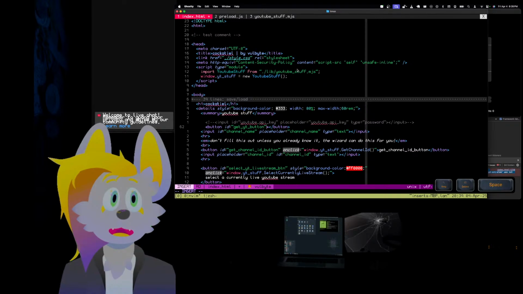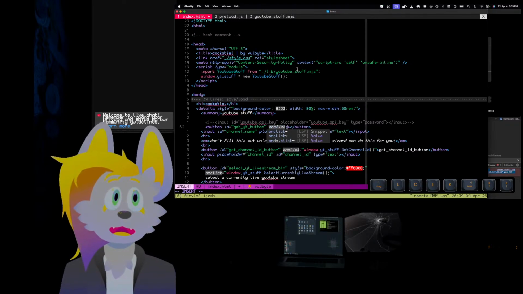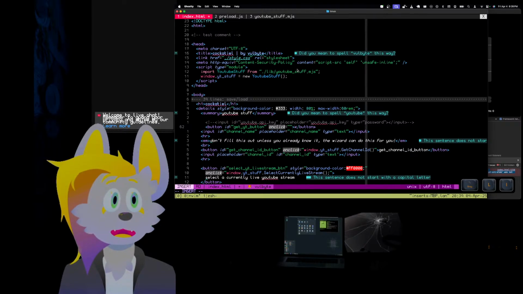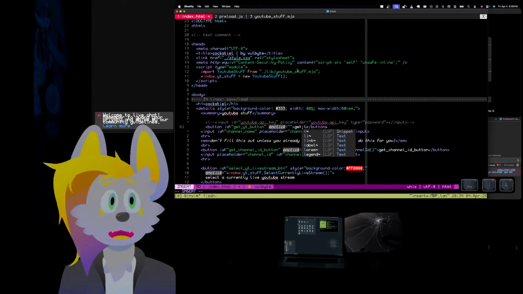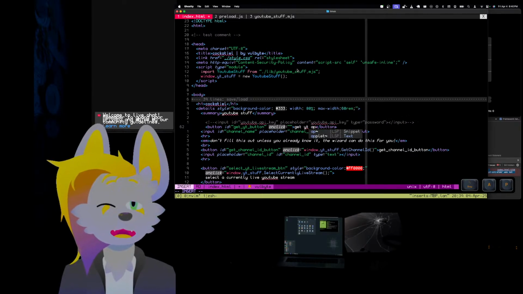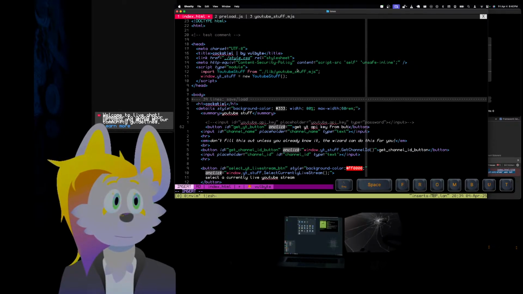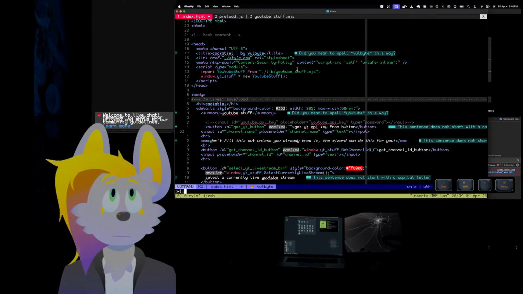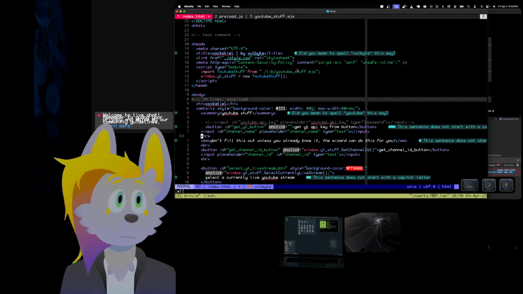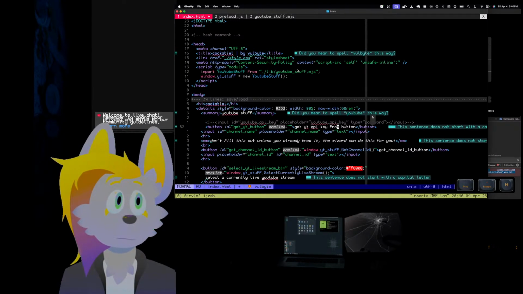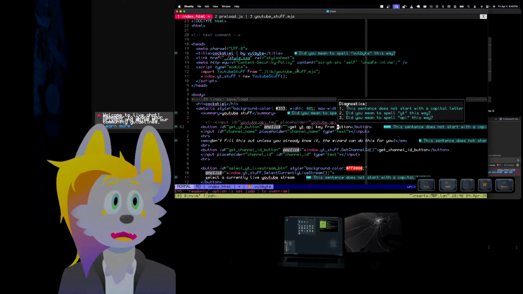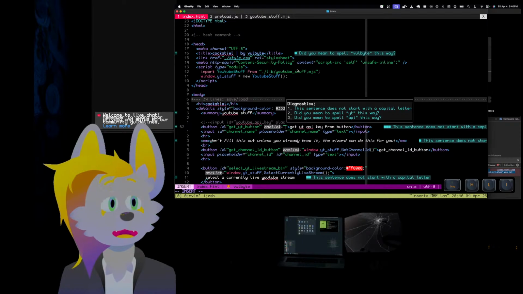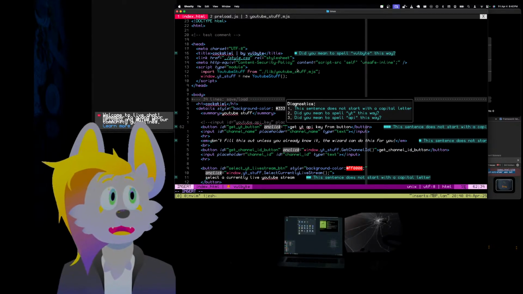Let's see, on click I want to do a thing. The on click, get YT API key from button. I wish to override, surprisingly. And then on click, what I want to do is... Why do I have to keep overriding this? It shouldn't be an override over and over again. Whatever. On click is going to be a